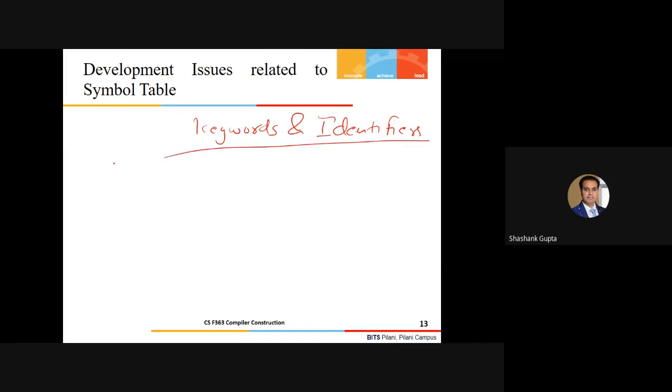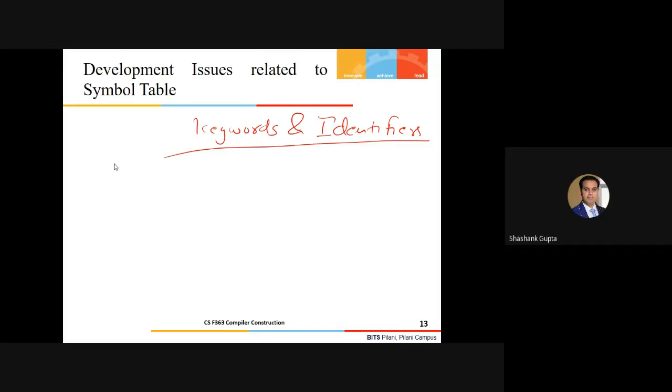We have discussed sufficient information related to this with respect to the implementation part. Come on, guys, I need some answers, whether relevant or irrelevant. One answer: at the end, when we have passed through a particular keyword or identifier, we do the lookup, and in case it was a keyword, then we come to know.